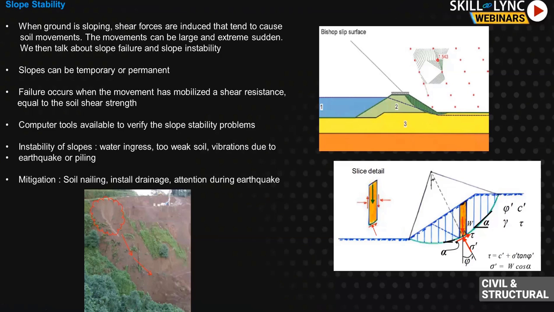And then in terms of slope failure, it can be large as well as immediate. How this happens is due to an increase in your pore water pressure. So for embankments, you have to do seepage analysis. When the pore water pressure increases, it will try to erode your material here. So you will have to give some protection measures like installing some drainage material and filter material so that your upstream face water doesn't enter your downstream face.